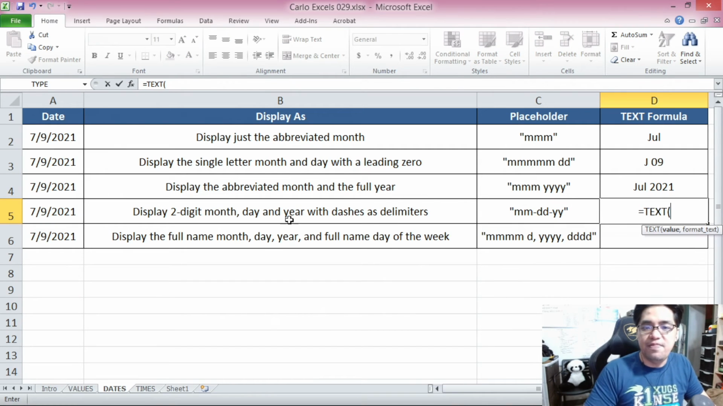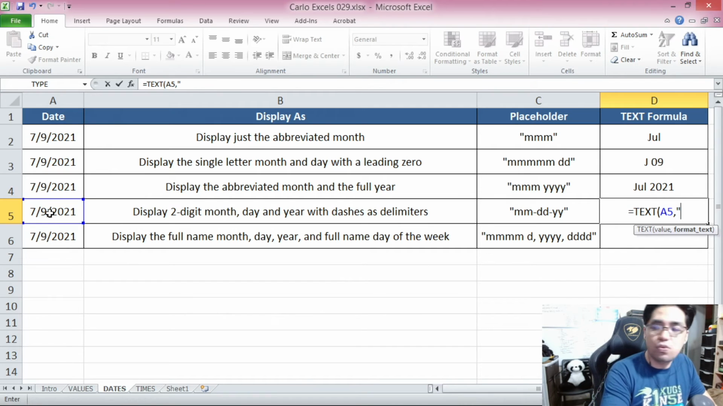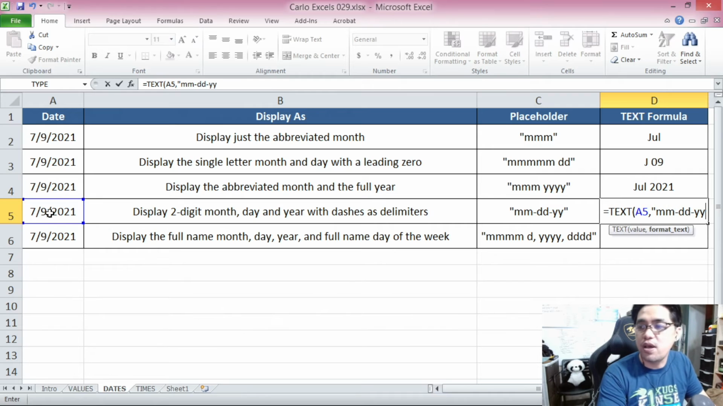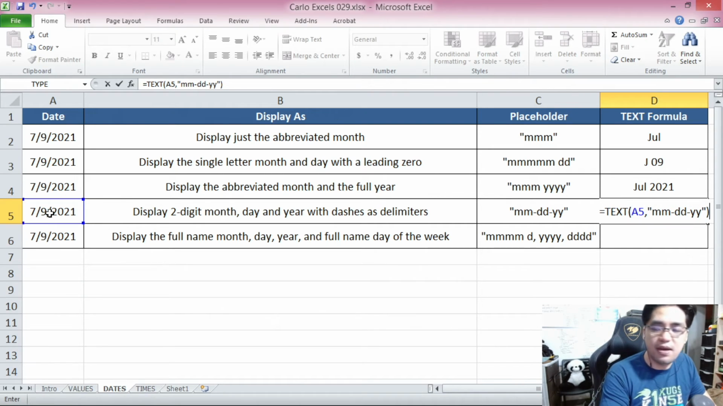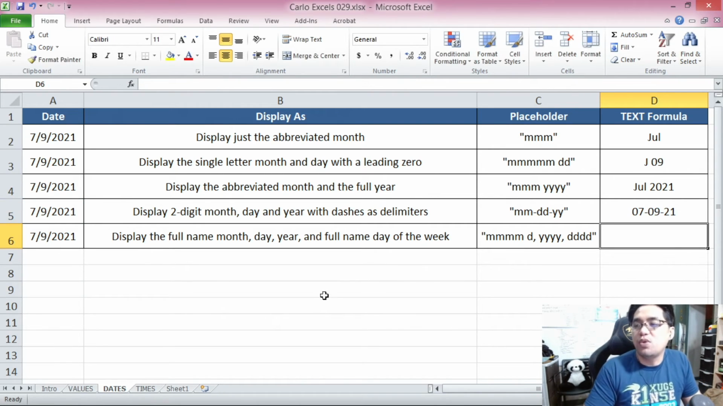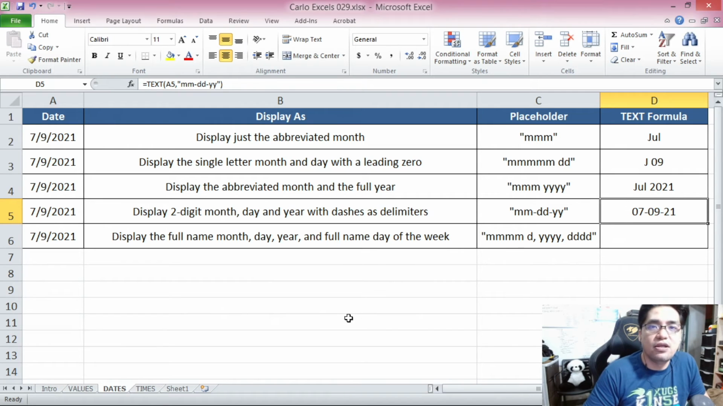Text. This is the value we want. And then placeholders are going to be MM-DD-YY, close quotation, close parenthesis, and then that's what we have, 07-09-21. And lastly, what if we want to display the full name of the month, the day, and the year,